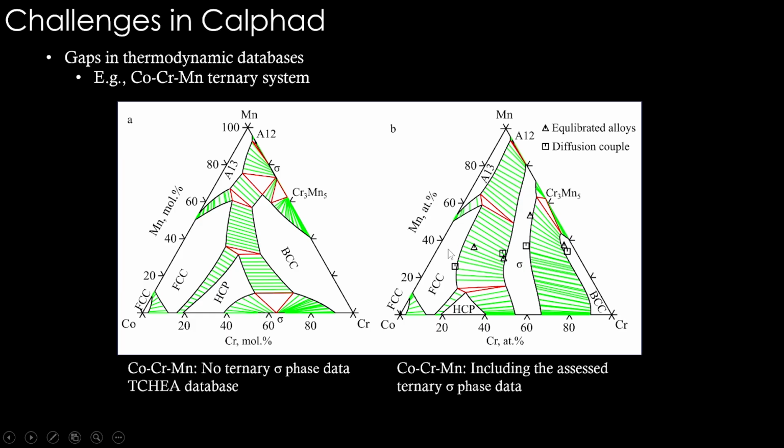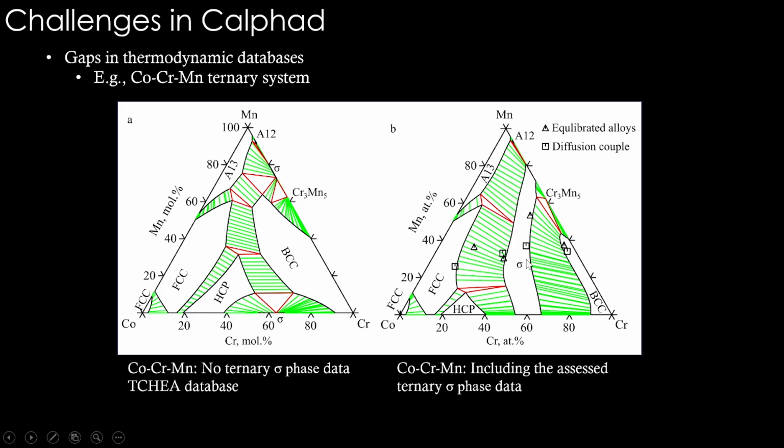So because of this, all these solubilities also are modified. You can see A13, FCC are quite big here, BCC is quite big here, and now they are shrunk, and there is a big two-phase region coming, and the single-phase region of sigma is here. So for this sigma phase, one has to do a modeling in this concentrated region and get the Gibbs energy description of it. And this is the status of many ternaries. Although a large number of ternaries are assessed, there are still a significant number of ternaries which are not assessed yet. So this is important. We need to have these ternaries assessed correctly, fully for all the phases.